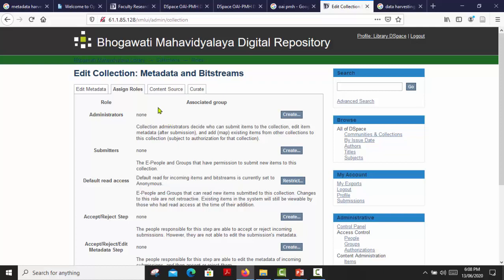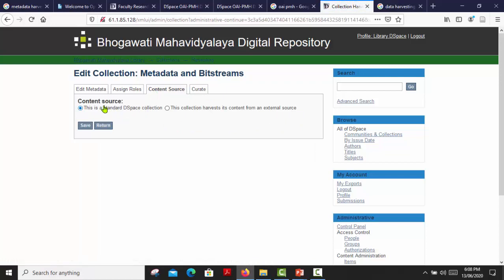I have to click this content source, then select the content source as an external source. This is the harvest collection, save.